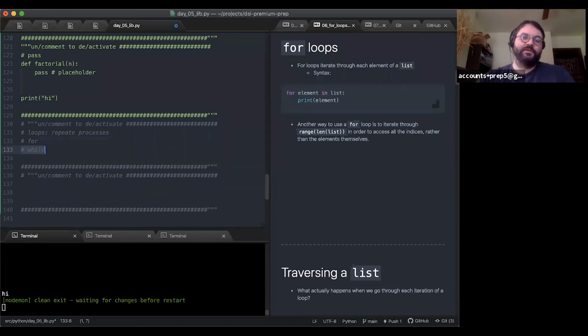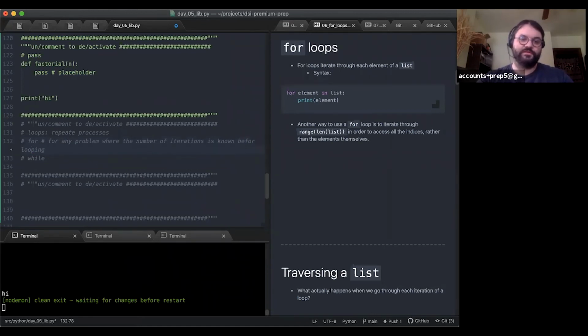Fortunately, in my experience, and I think the other members of my team would speak to this as well, most problems that we encounter, we can use a for loop for. And the way we can tell is that we can use a for loop for any problem where the number of iterations is known before looping starts.